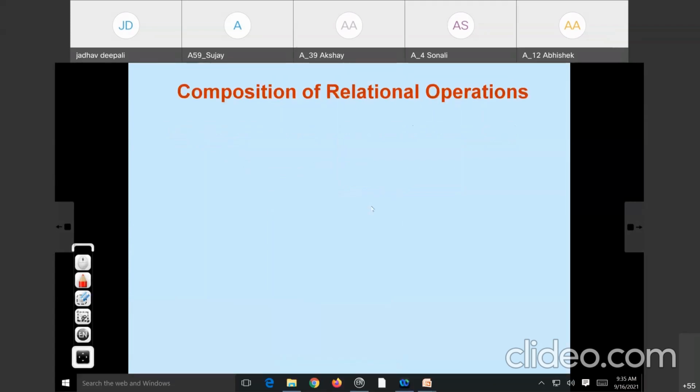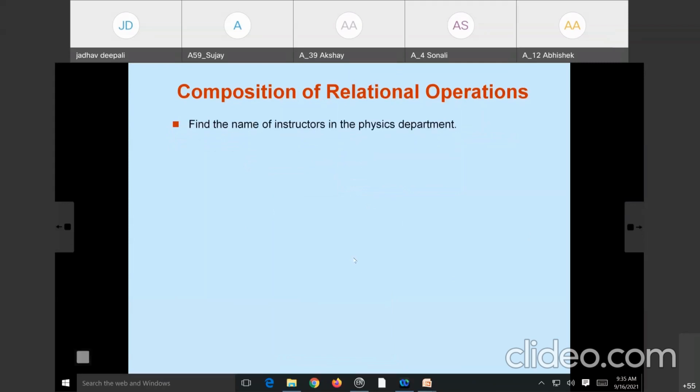Now we can combine project and selection together. We can combine multiple operations together, and it is required according to the statements. So what is the statement? Find the name of the instructors in the physics department. Read the problem statement carefully.